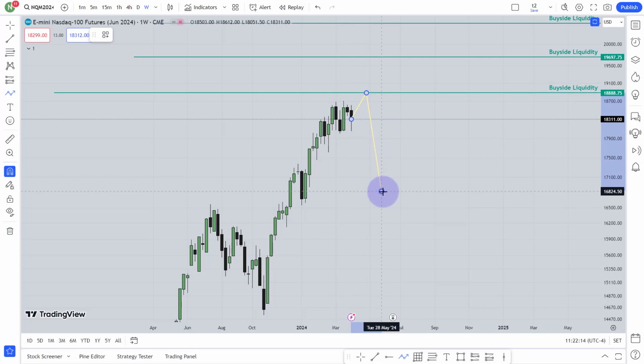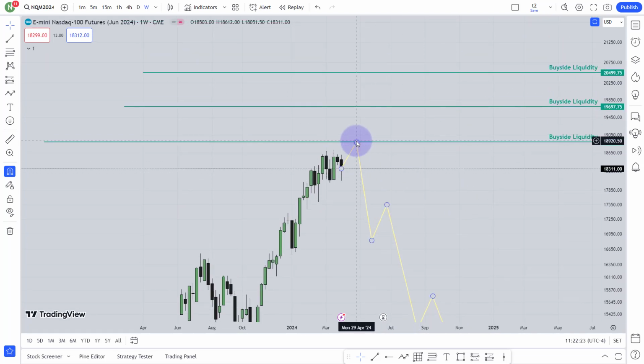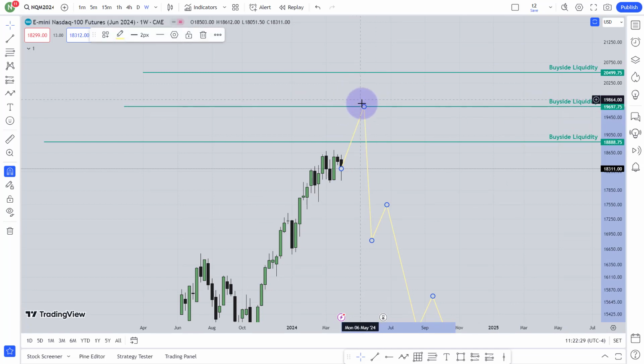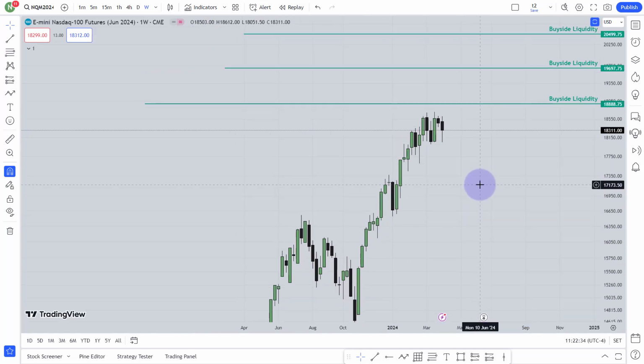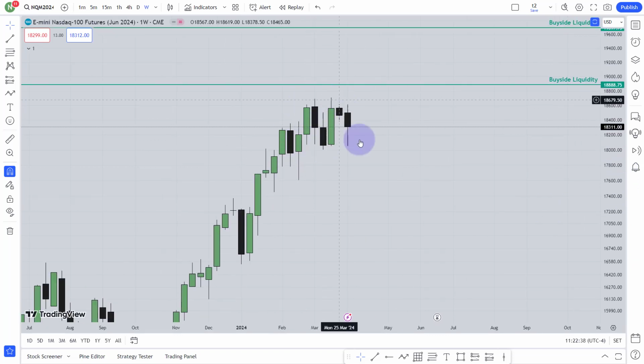Then if you would love to go lower forever, it can go. But before falling, at least it has to trade that buy side liquidity. I have this buy side liquidity as well, minus 2.5 standard deviation. It can come to that area as well. But we will see how it works. From the weekly chart, all I'm seeing is just consolidation. That means sideways.